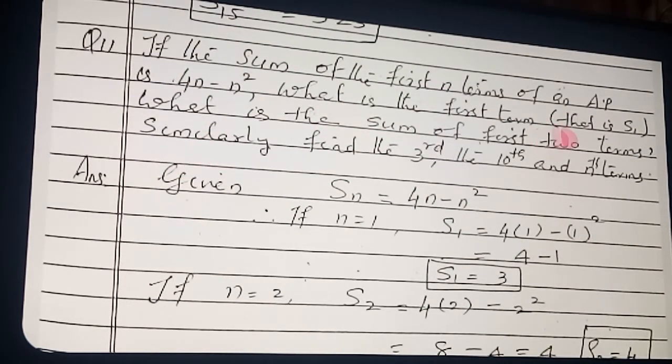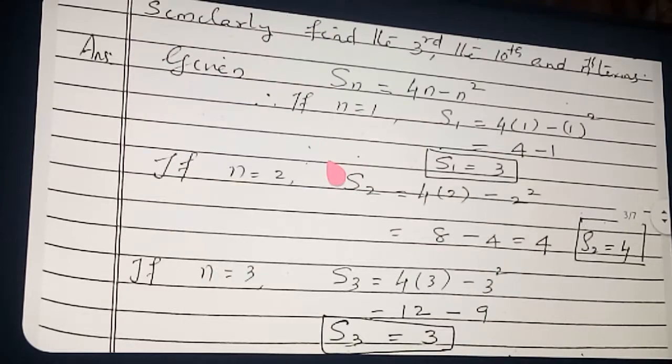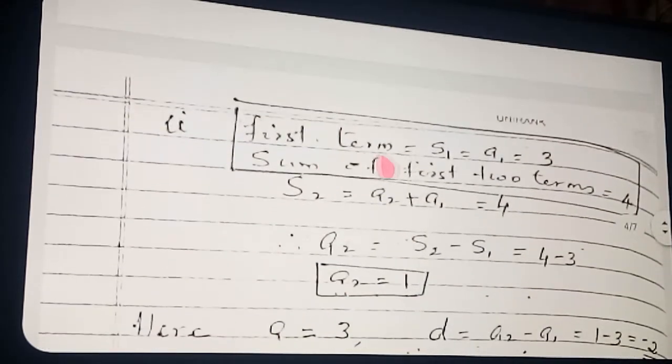What is the first term? That means S1. What is the sum of first two terms? That is your question. So first we can find out that too. Okay. Already we found out. I will write the conclusion. See here. The first term, that means S1 is equal to A1 is equal to 3. Okay. Next point. What is written? Sum of first two terms. That means S2 is how much given? 4. Now listen. If you need, you can do this method. I hope so. This will be comfortable for you.